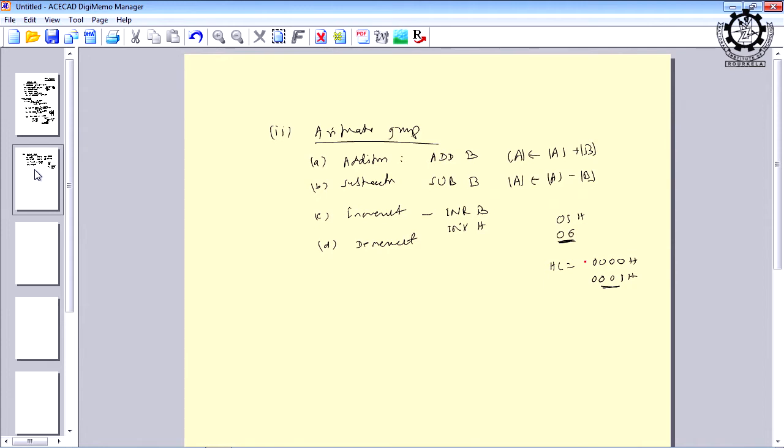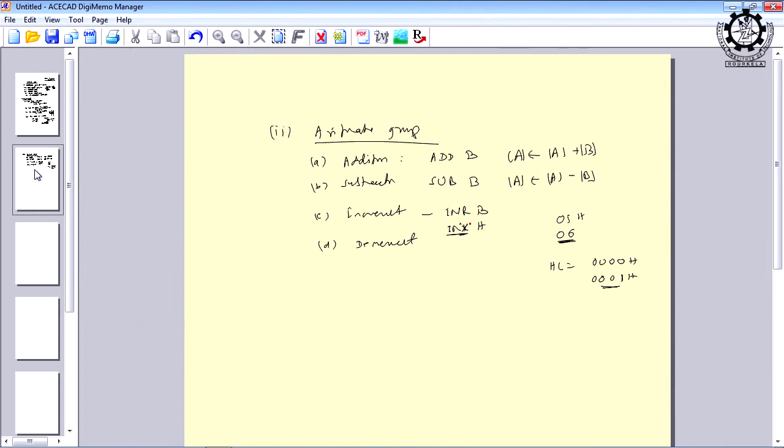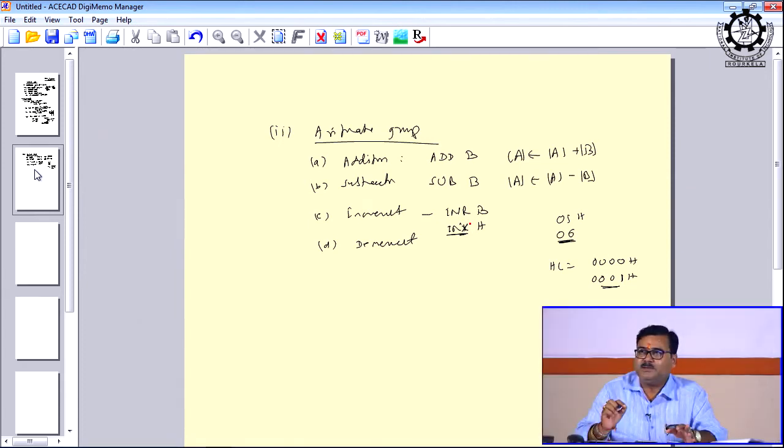This is how INX works, because sometimes you have to use INX frequently, more than once. Suppose you have used it 5 times, then 5 times it will be incremented. So, we can say that INX means the register pair is to be incremented, and if you simply write INR, only the register value will be incremented. And you should not write INR H. If you write INR H, what will happen? Only H content will be incremented by 1.